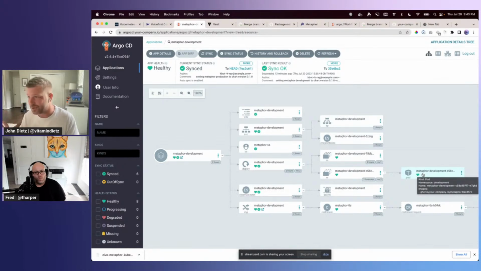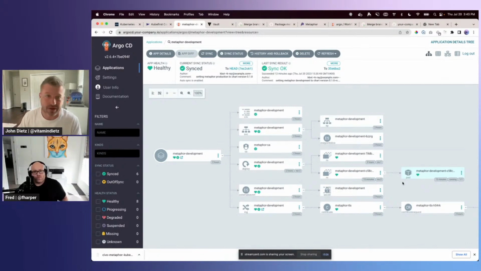You can also use this tool called Reloader to automatically apply secrets and restart those pods automatically. We have Atlantis set up that way. But for metaphor, we have it set up so that if you deploy a secret, that secret's just going to sit there until the next time you do a deployment or roll the pods. And then those new pods will pick up the new secret.